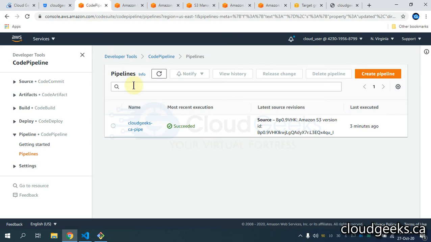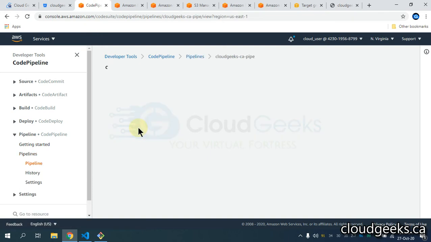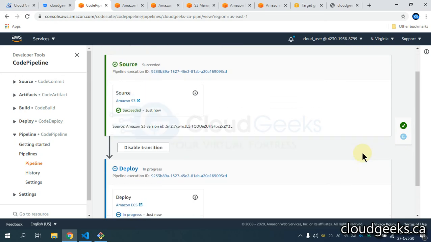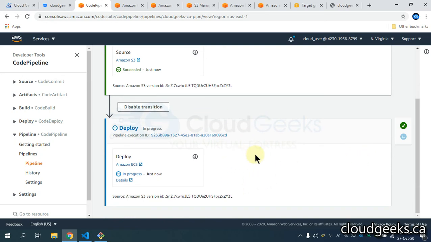Okay. So what I'm going to do is click here. This is the pipeline, you see, automatically triggered. I've not done anything with regard to the change. It detected the change in the commit, and it is going to automatically deploy for us.